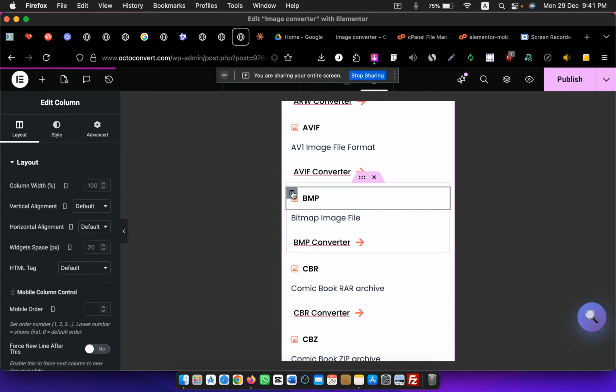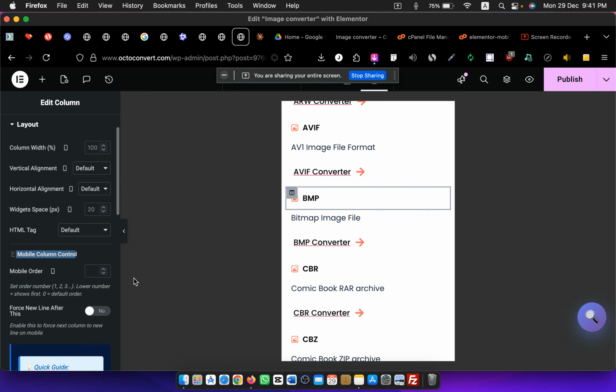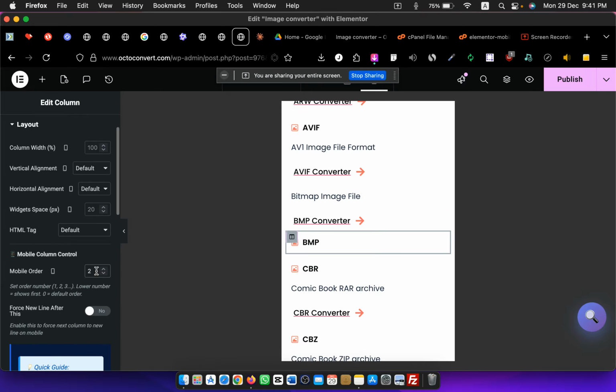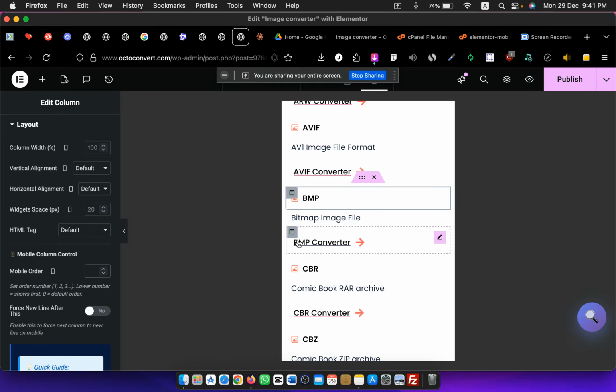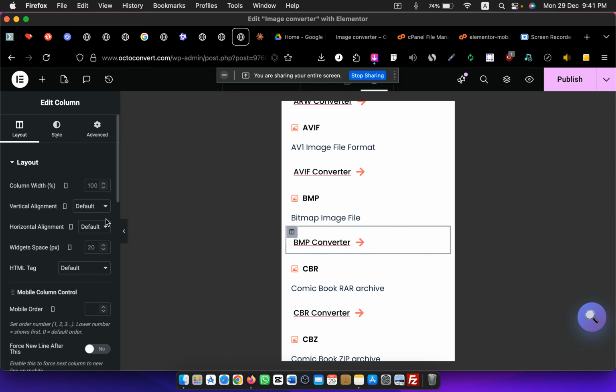Like, I want to keep this column to start. Here you can see layout. After installing the plugin you can see mobile column control, and here you can control this. If you want to give it 2, or if you want 3, you can control it here. Or if you want the start column to go first, you can set it here